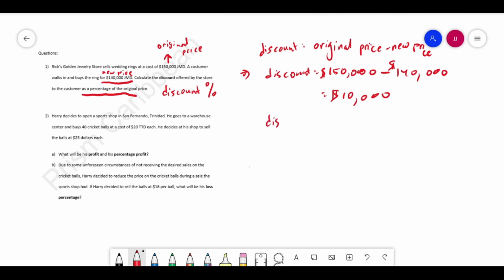To find the discount percent, it's pretty simple. We take the discount, which is $10,000, divide it by the original price, which is $150,000, and multiply it by 100%, which will be